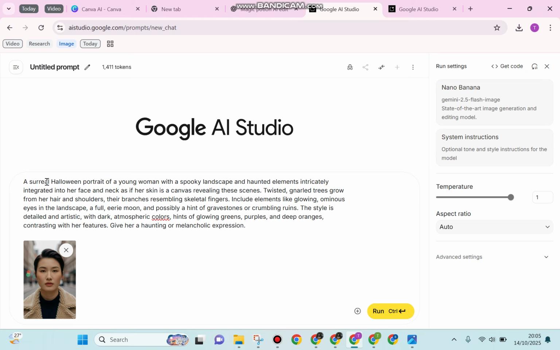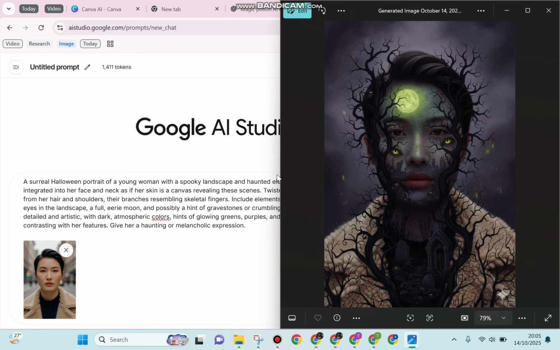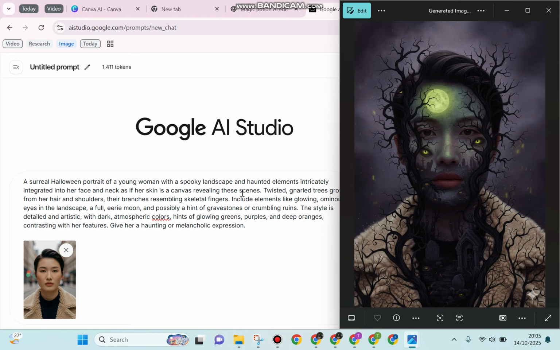Well, basically, the prompt would be like this: a surreal Halloween portrait of a young woman, or the person in this picture if you would like to modify it, with a spooky landscape and haunted elements intricately integrated into her face like this, and neck, as if her skin is a canvas revealing these scenes. As you can see, this is like the graveyard and it is very spooky. And after that, you can also add the